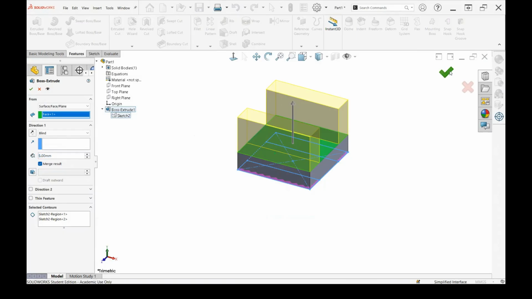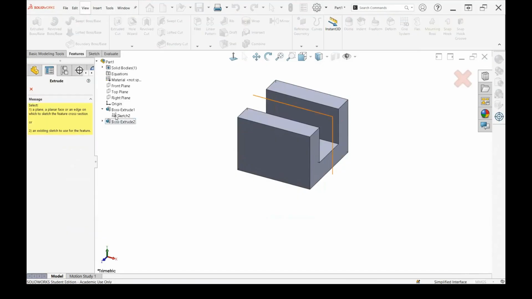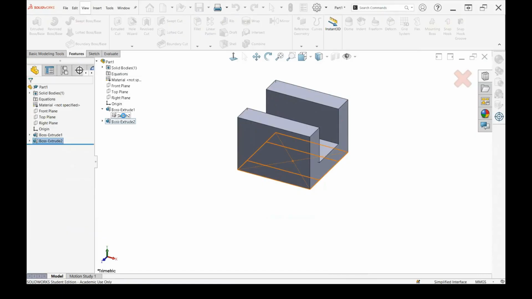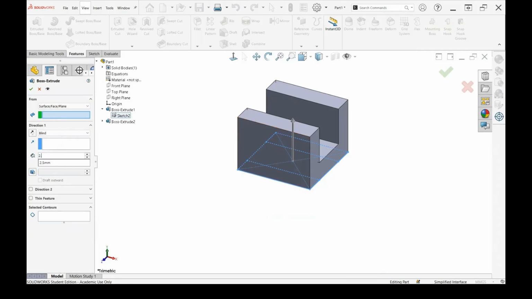So we're going to say OK, and then extrude boss base again. We're going to reselect sketch 2, and instead of from sketch plane, we're going to do surface face plane again. And instead of it being 5 millimeters, it's going to be 2.5 millimeters.